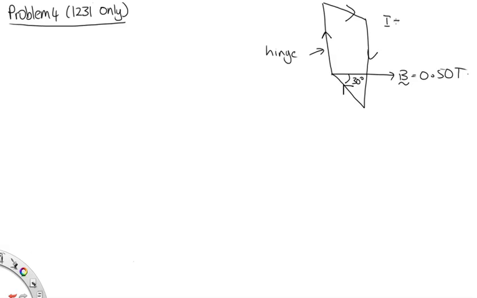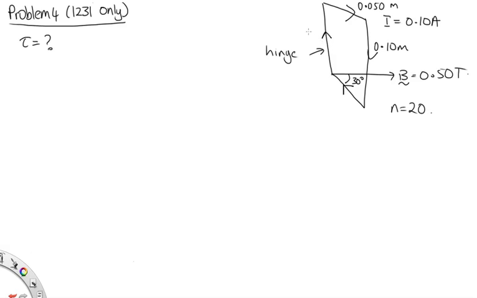The size of the current is 0.10 amps. The length of this side is 0.10 meters, 10 centimeters, and the length of this side is 0.050 meters, 5 centimeters. And we're asked to find the torque in this case. And we're told that there's 20 loops of wire, so n is equal to 20. Well, to do this, let's